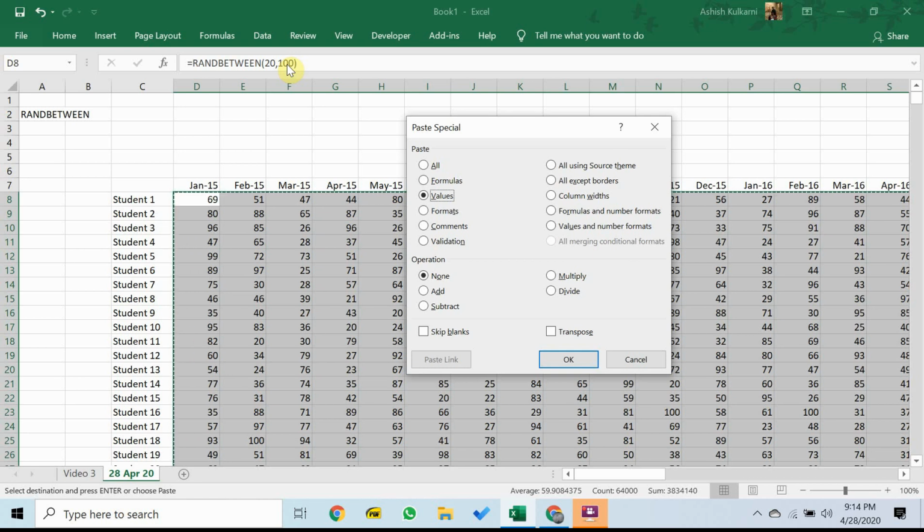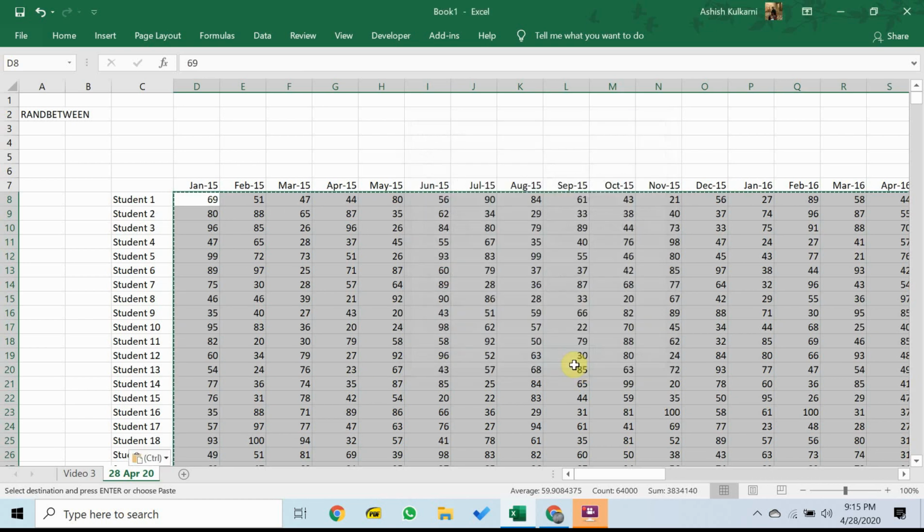So typically you'll copy one part of a sheet and paste it somewhere else. Here we are copying one part of a sheet and pasting right there itself as values. So we don't paste all of what we have copied, we paste only the values, not the formula, not the format, not the comments, nothing else. In a later video, we'll take a look at all of what paste special enables you to do. It's a pretty cool dialog box. But for the moment, we're just going to paste as values.